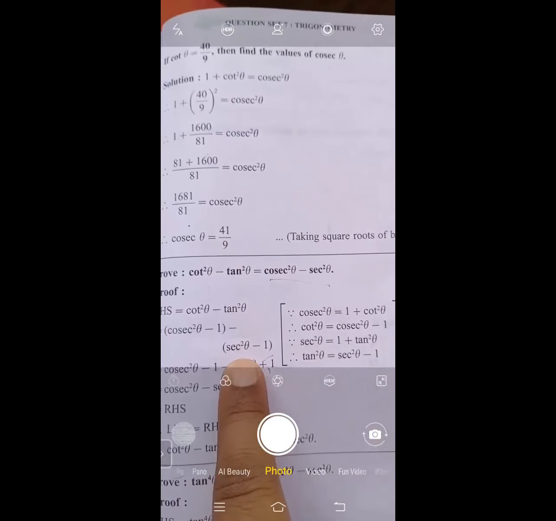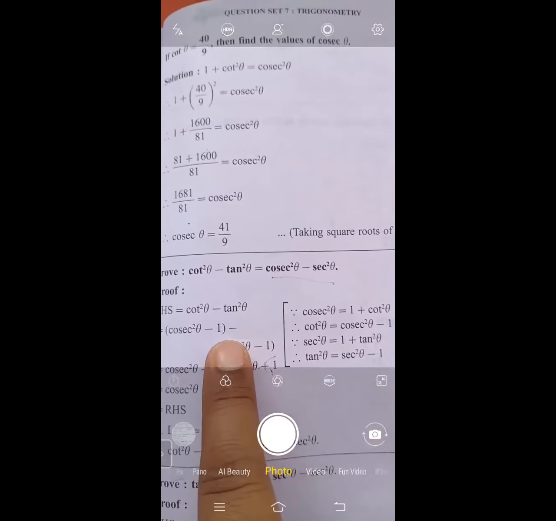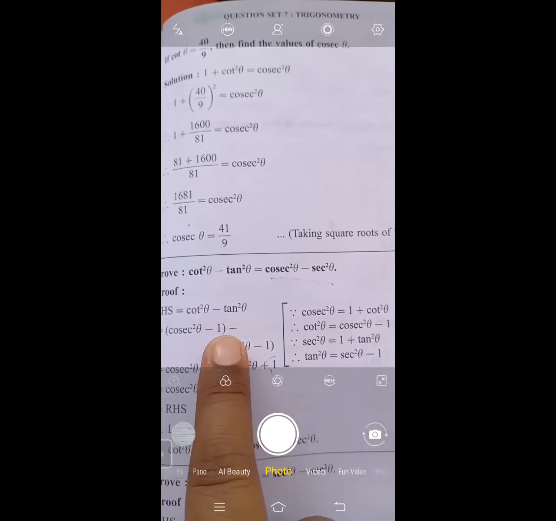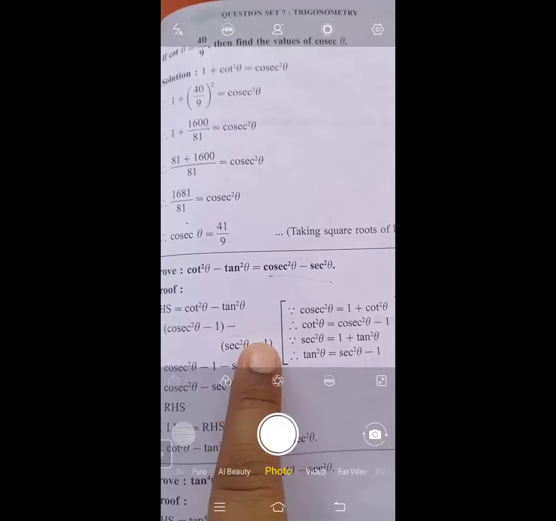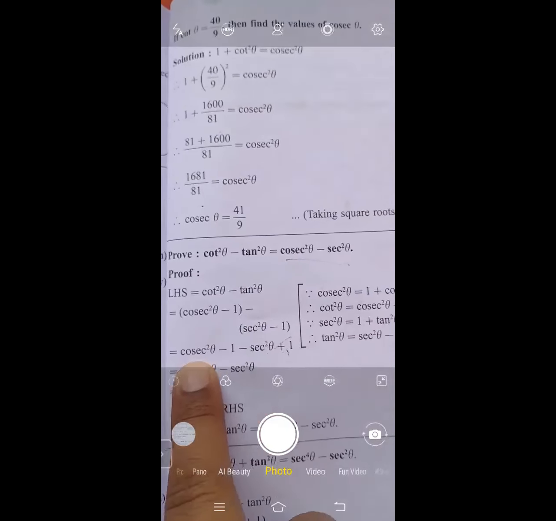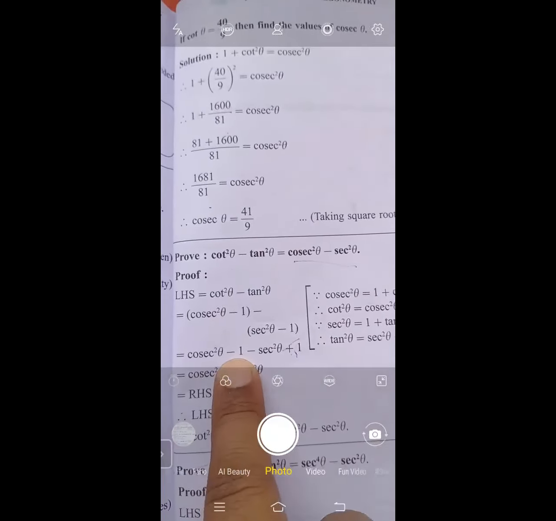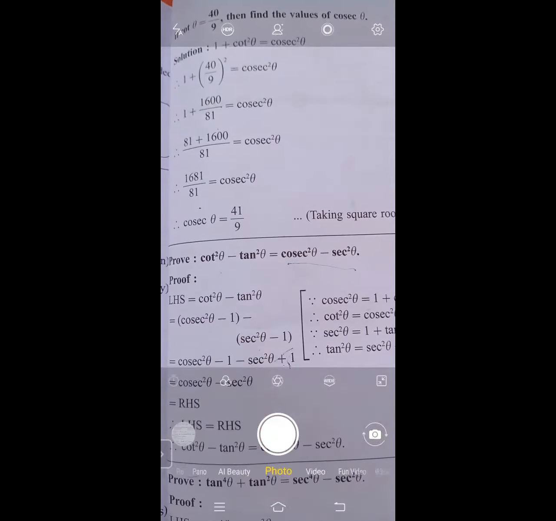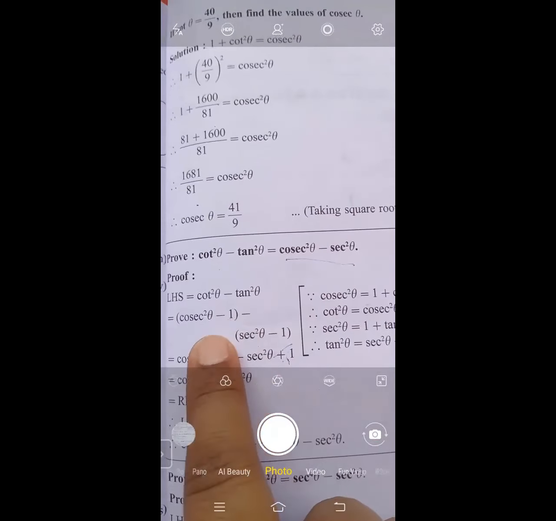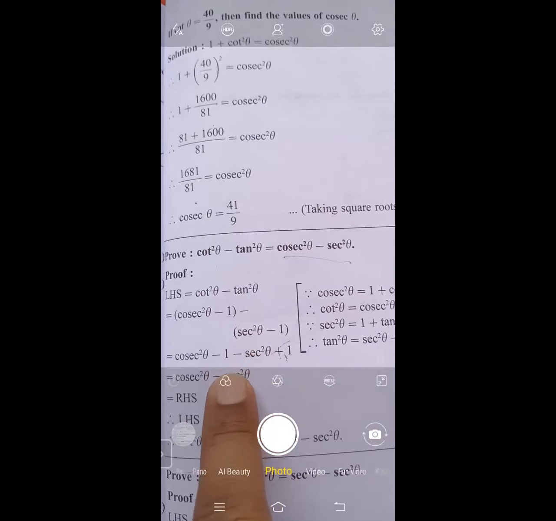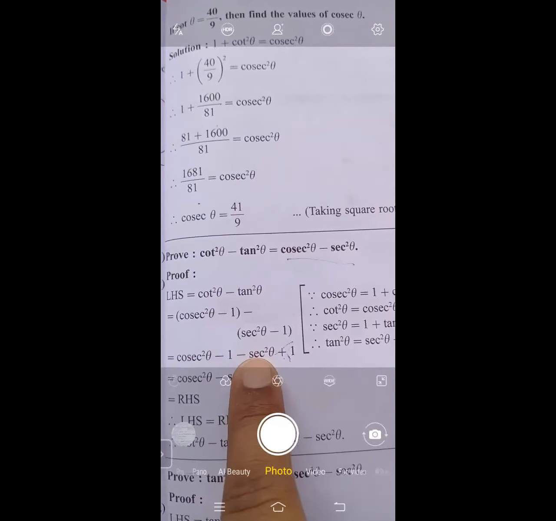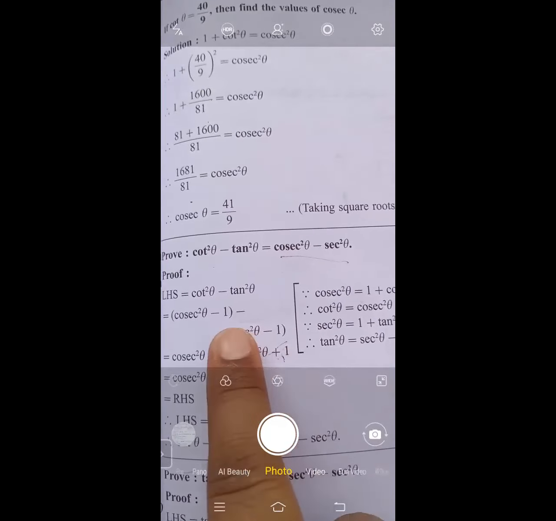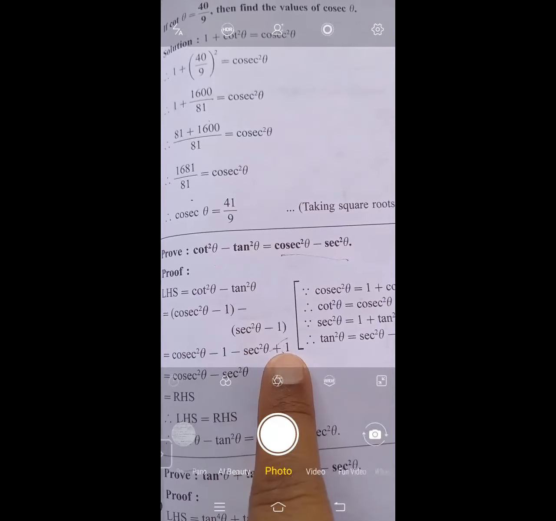Now these are in brackets, and a minus sign is there in between. So this minus sign will be multiplied to each and every term inside the bracket. See, cosec square theta minus 1 is as it is, as this sec square theta is there with a minus sign outside. So minus plus became minus; signs get changed. So this is minus sec square theta. And this minus minus became plus, so this is plus 1.